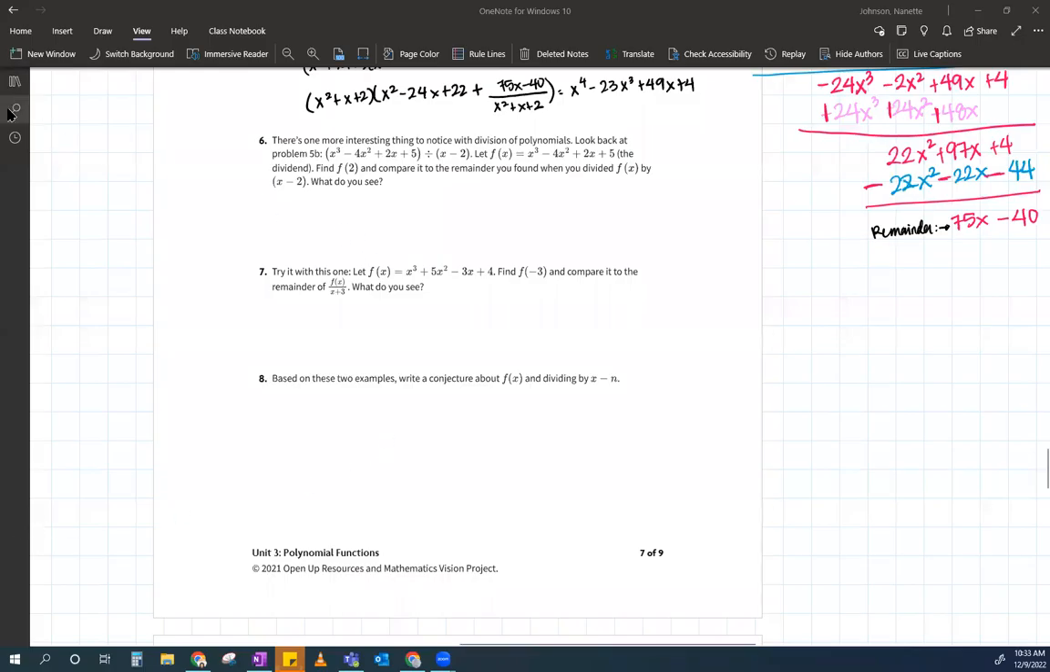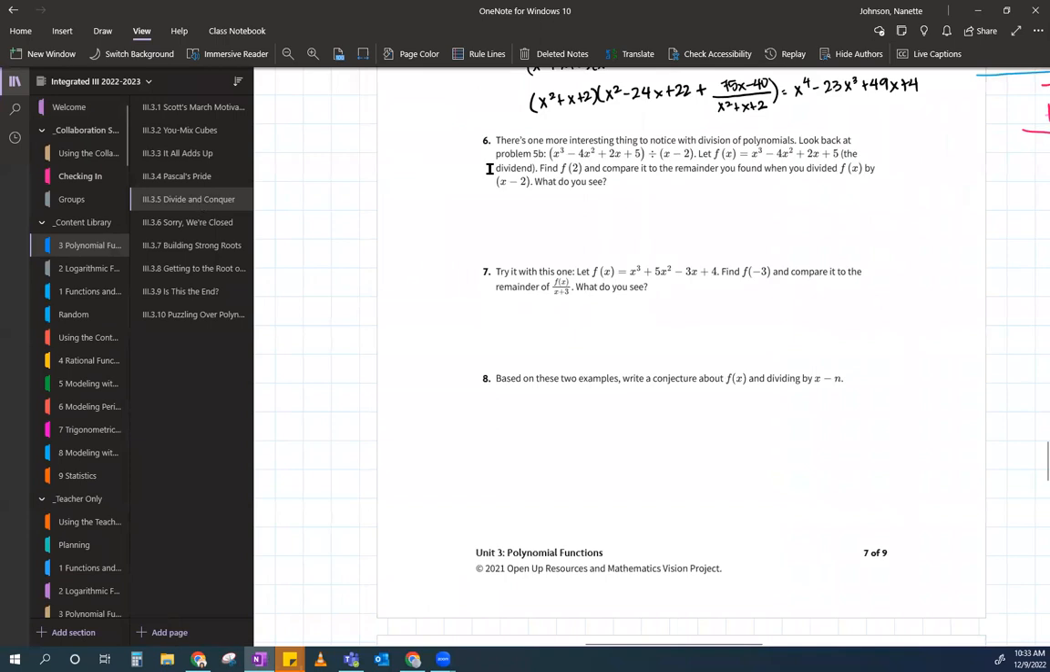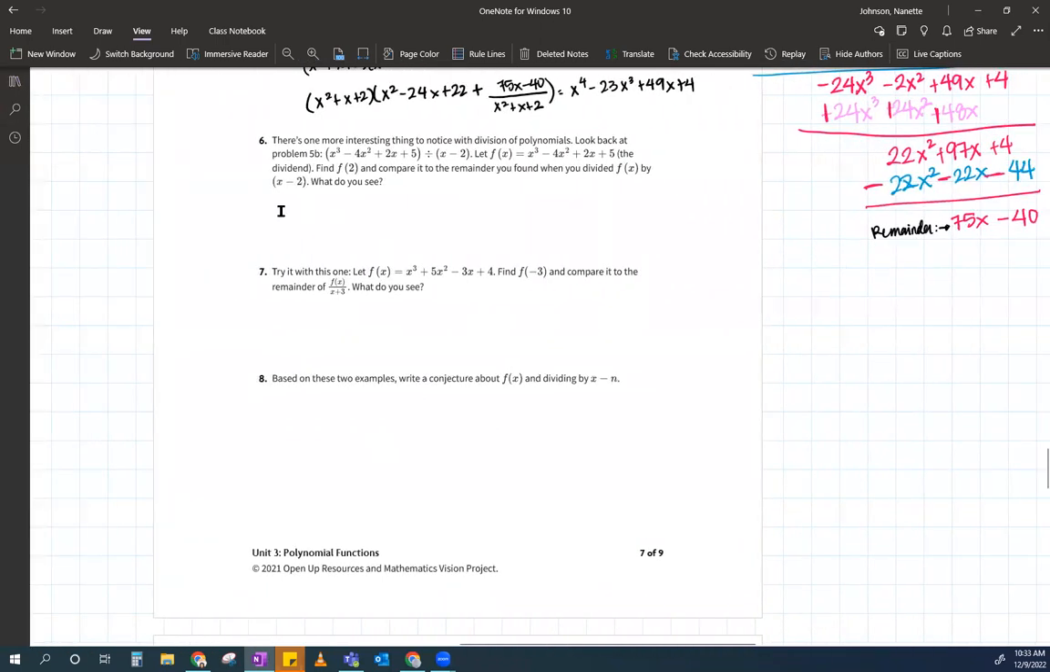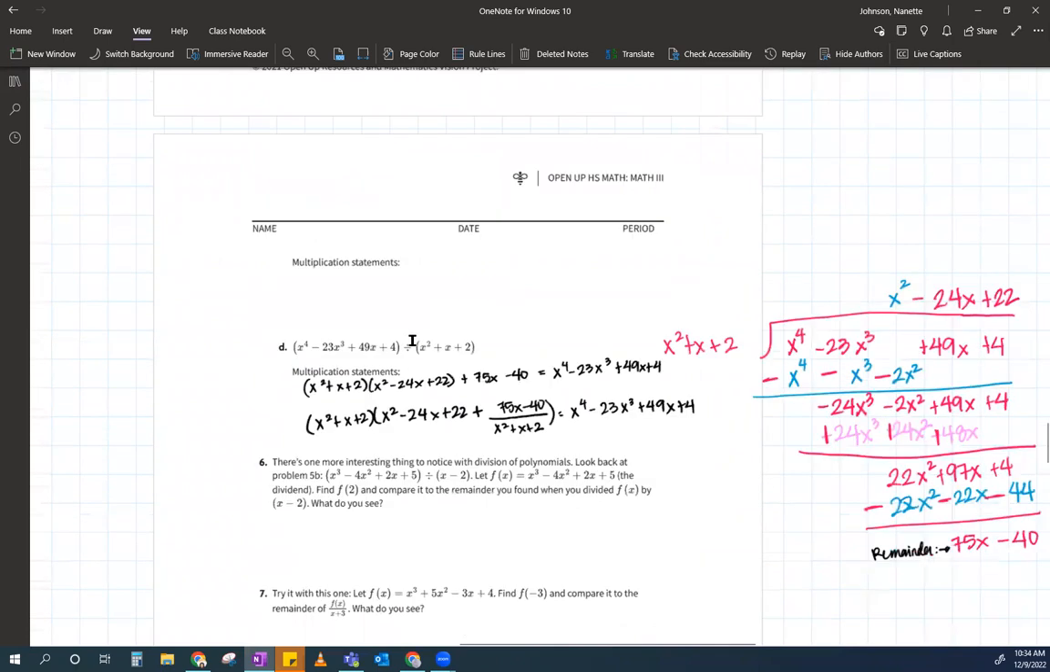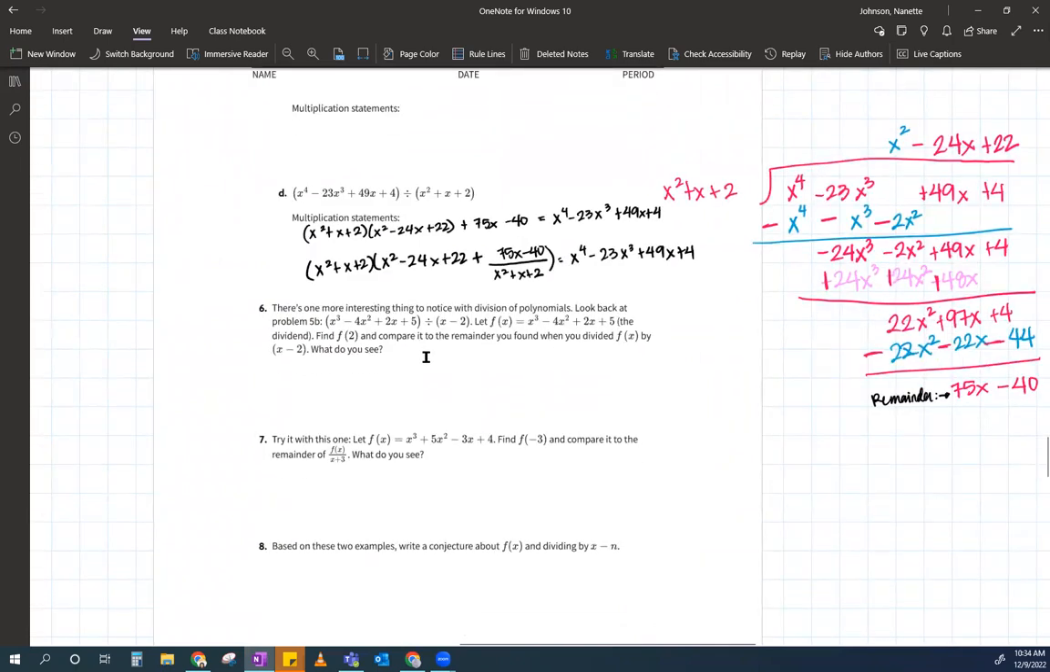Okay, so I just wanted to show you this last little bit of 3.5. So we're going to kind of go with 3.5, 6, 7, and 8. There's one more interesting thing to notice with long division of polynomials. Look back at problems 5b, right? Did we do 5b? We did not. That's okay. And let's look at this and the fact that f of 2 and compare the remainder when you